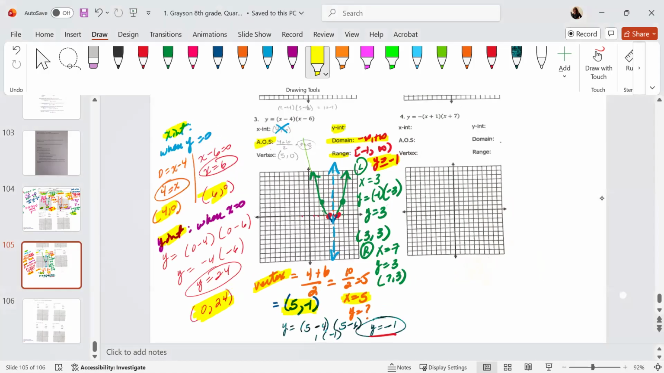Okay, next one. You see how this is a negative right there? That's kind of an important one, okay? Because that negative means it's going to be upside down like this, okay? All right, so x-intercept, correct? For the x-intercept, y equals 0, so 0 equals negative x plus 1 and x plus 7, correct? So this negative,